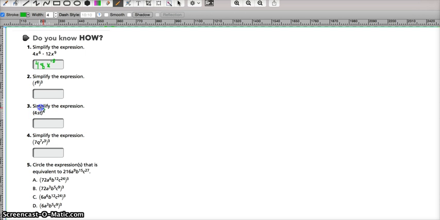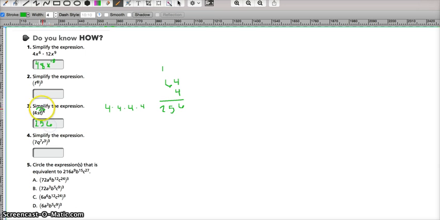We're going to distribute this exponent to everything inside of this parentheses. So the 4 gets it, the s gets it, and the t gets it. So 4 to the 4th power, ooh, that's 4 times 4, which is 16, times 4, which is 64, times 4, which I don't know off the top of my head, so I have to do 64 times 4 is 256. So 256,